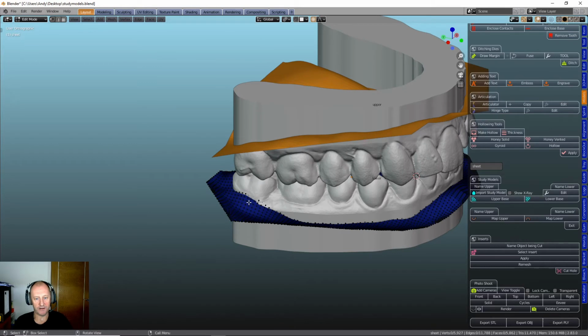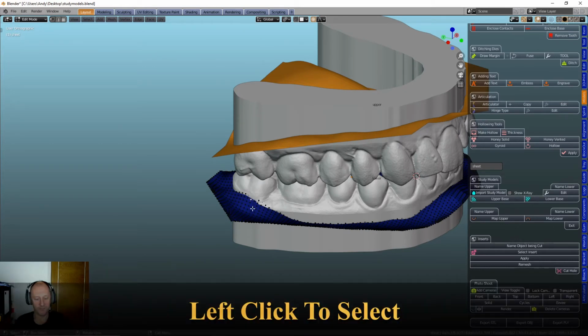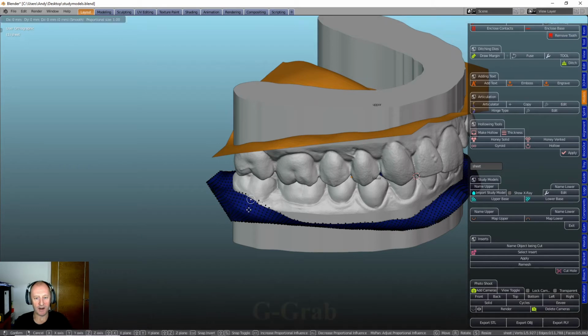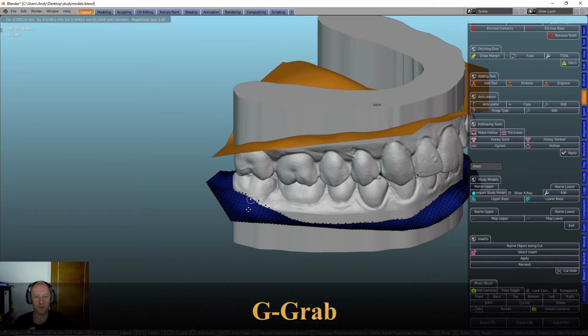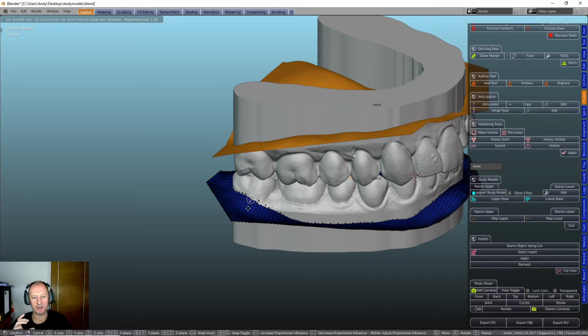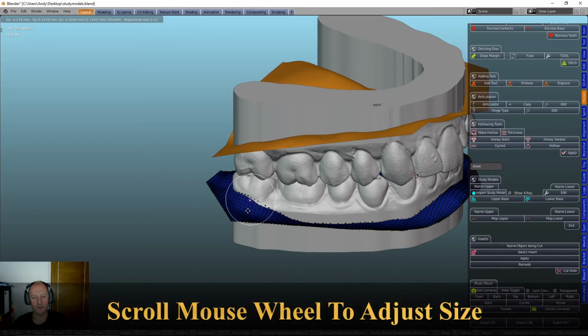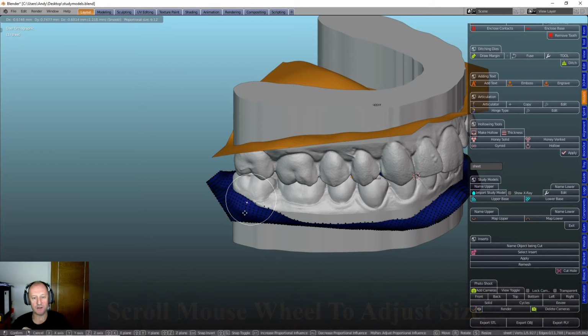Now we'll start here. The first thing we do is select a vertex near to the model. We press G to grab it, and then a little round circle will appear. And that you can then move. Now, having one vertex highlighted and moving doesn't really make a lot of difference. If you use the mouse wheel, you can make that circle bigger or smaller, and hence move more vertices in one go, which gives you a much nicer finish. So reposition, left click